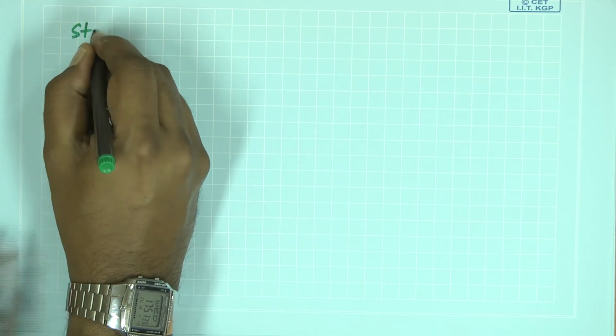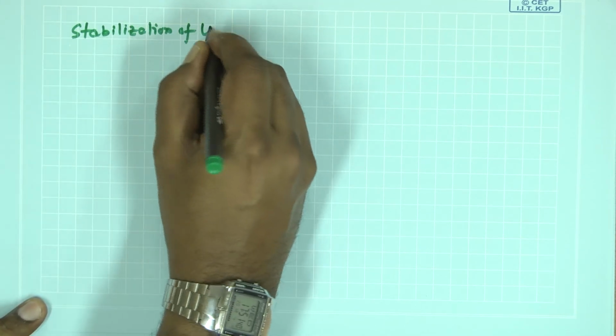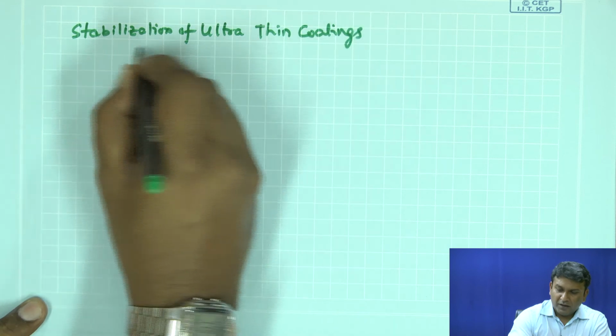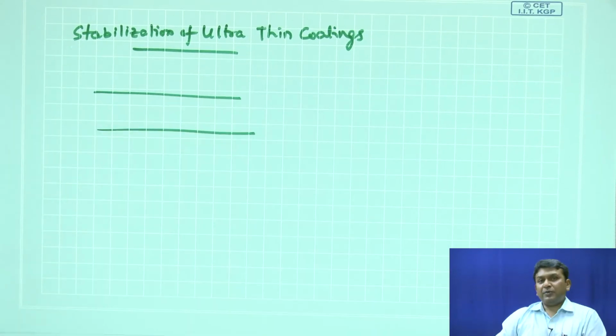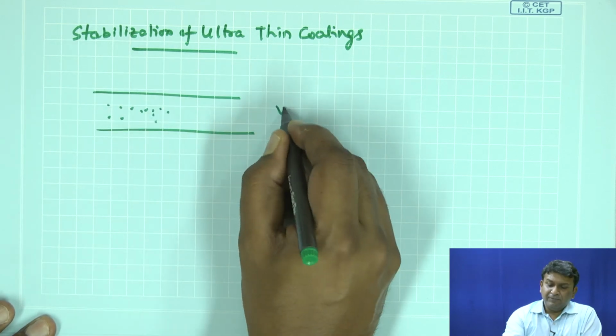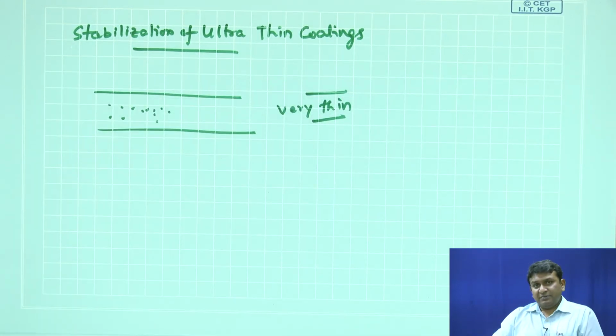Many of you ask questions related to application of nanoparticles in commercial products, this, that, but reality is that these nanoparticles, if you add them in some of these films which are very thin, it may so happen that they might suppress this type of instability. And what is the advantage? Then you can in fact come up with coatings which are very thin but which are stable, even on a